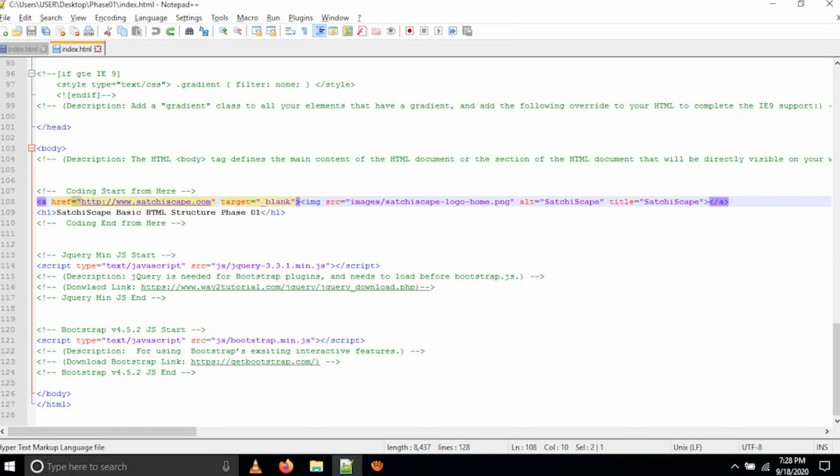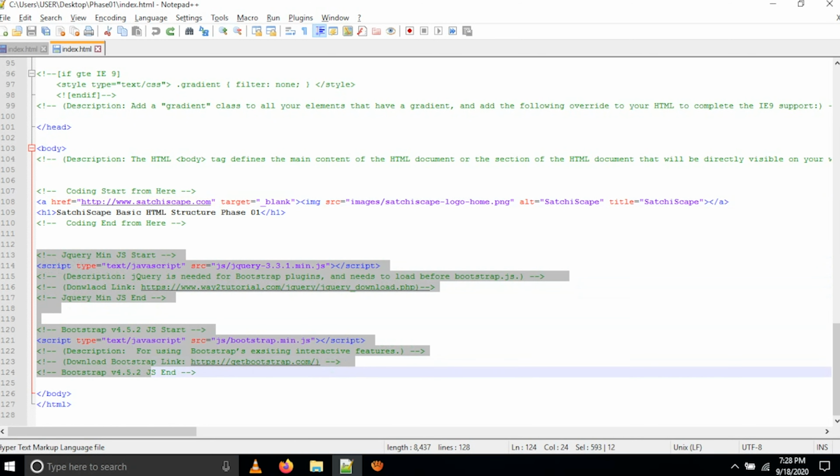After that you can see I have put the JavaScript here. Why are we using the JavaScript at the bottom instead of between the head tags? Because if we use too much JavaScript inside the head tag, it will affect your website rendering.